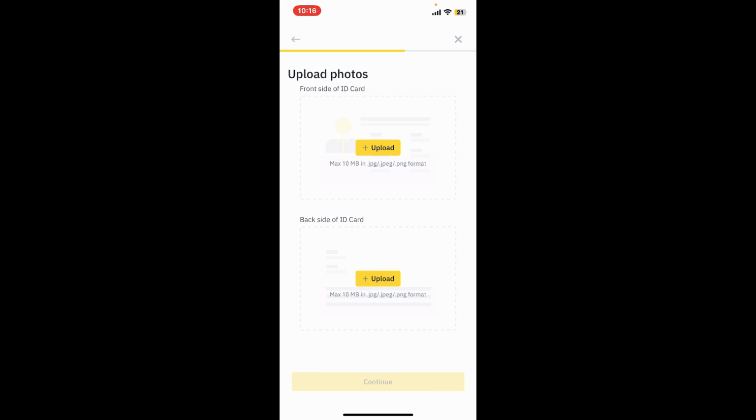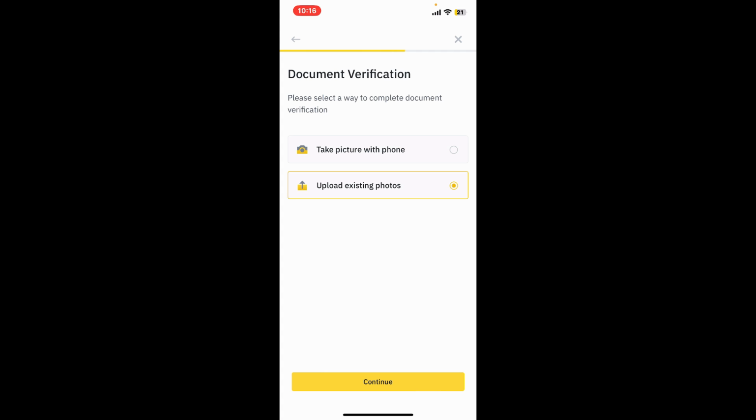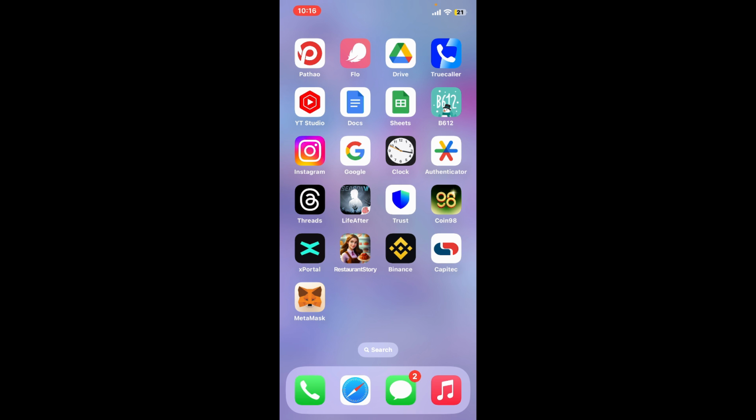verify your account. The personal information verification usually takes a few minutes or a few hours, while your address verification may take up to 10 days. You will receive an email and notifications when your verification is completed, and that is how you can easily verify